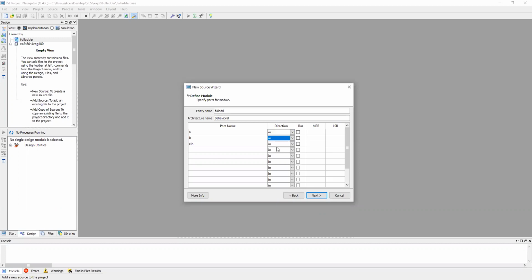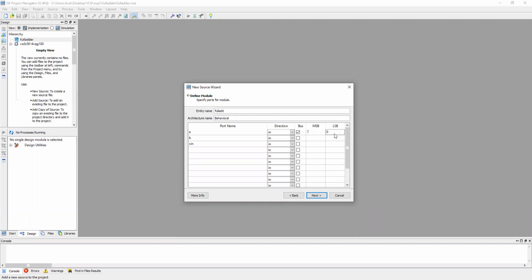If you want to choose more than one bit input, then you have to select this as a bus. When you select a bus, it will show you the MSB and LSB. For example, if it is a 4-bit bus, then MSB will be 3 and LSB will be 0. If you want to select an 8-bit input, then for MSB you have to select 7, that means 7 down to 0.